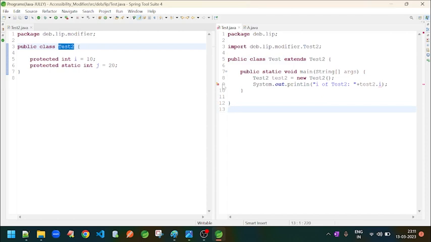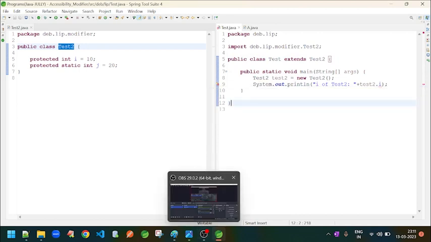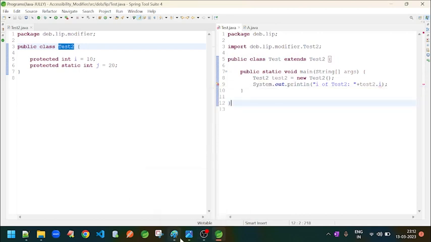Now when you see the error coming, what is the error? Again, it is telling that the field test2 is not visible. Why? We have made it a subclass. Then why are we not able to access this one? Because we are not following another rule. What is that rule? That rule is that